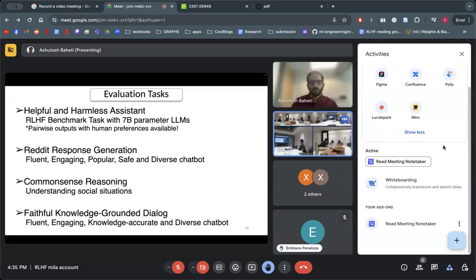Sorry, just one specific question. How are you measuring engaging and popular for Reddit? I'm guessing maybe the engaging one is a classifier, but for popular, you have to. If you look at DialogRPT, just search it on Hugging Face, there are two different models. One is up-down, which is